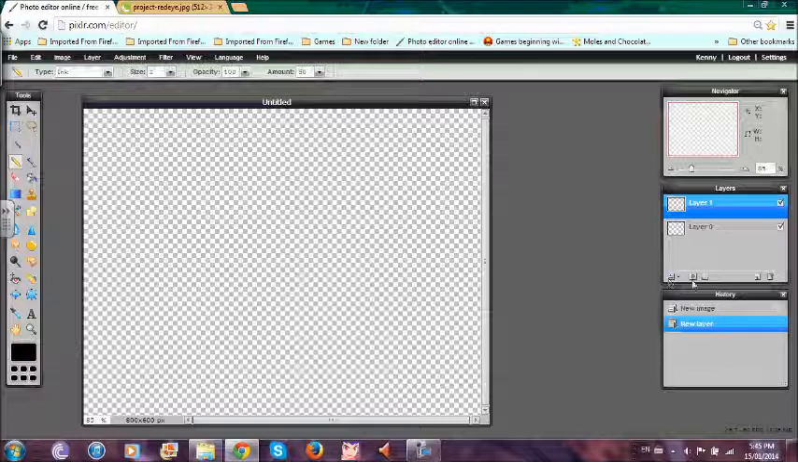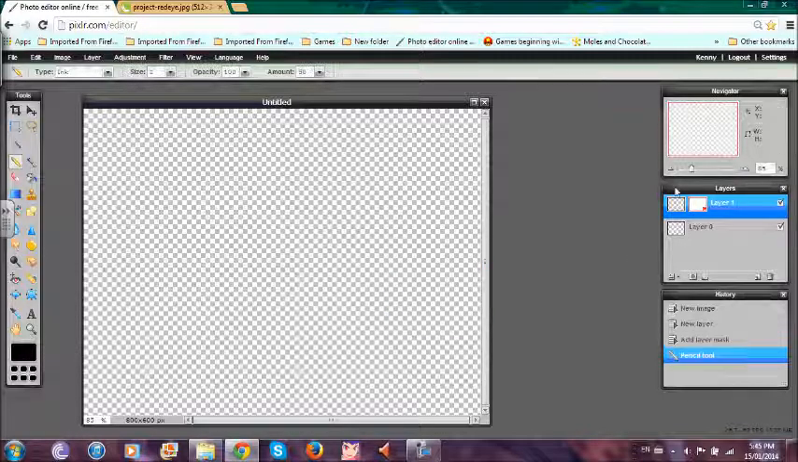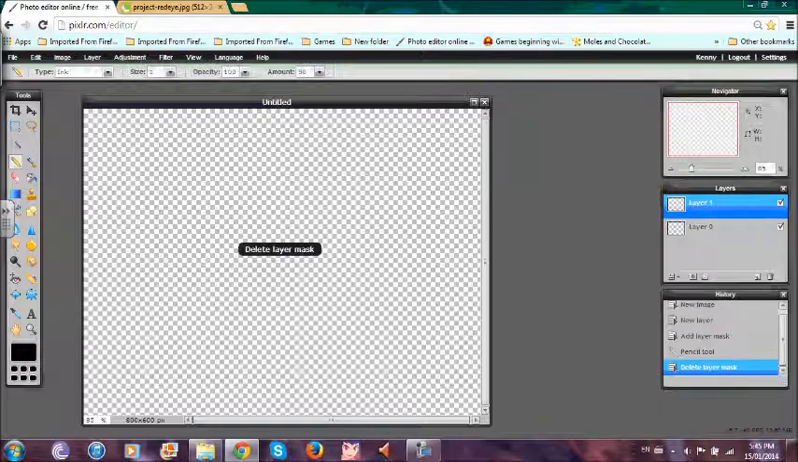You can also add a mask. The mask is like a selection isolation tool. Right click here, delete layer mask. Now, if you started off with a transparent canvas and you want white, a very easy way